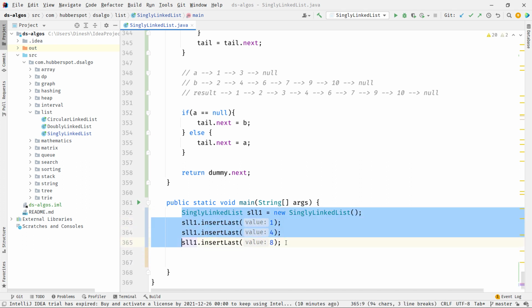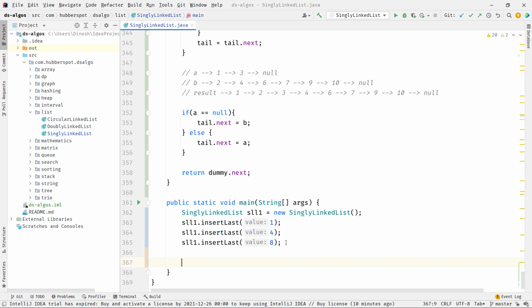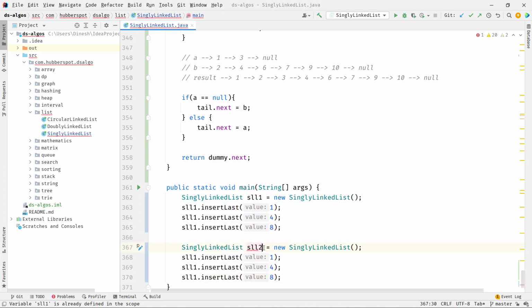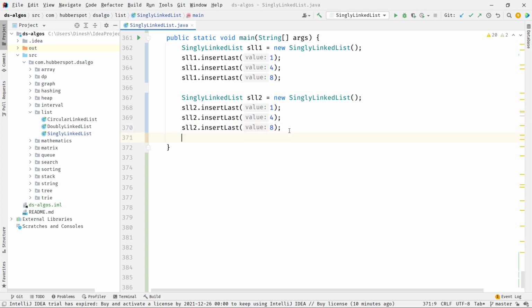Now we'll create one more singly linked list. And here let's say I give values 3, 5, 8, and let's say 9, 14, 18.